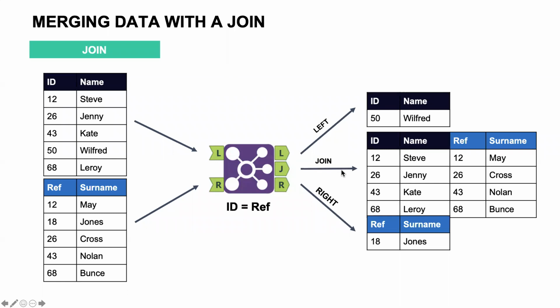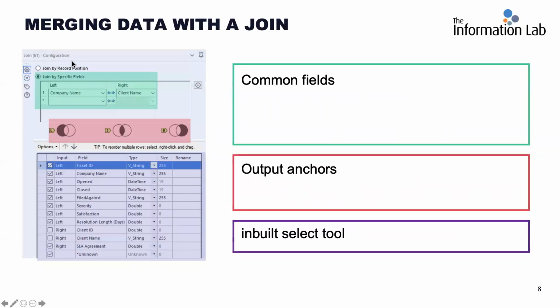It's where all of the rows match between the two tables. On the left, in this case, it's one row that doesn't match with the second table, and on the right is another row that doesn't match with the first table. We will see it in detail after, but in this tool, you first decide which field you want to join. Then you also have the possibility to rename and to select which fields you want to keep from both tables.